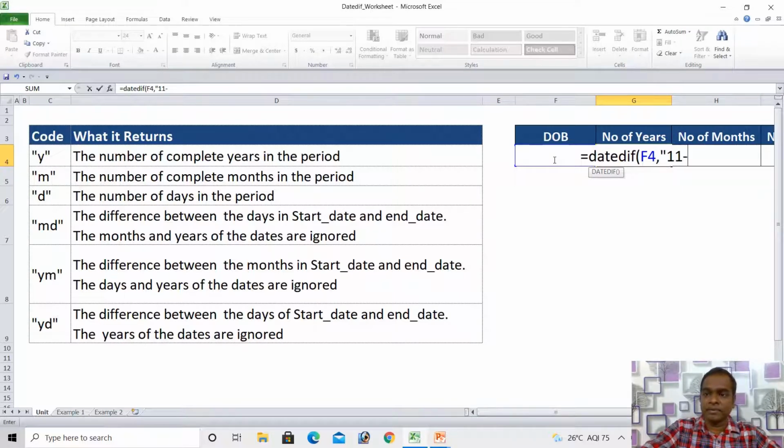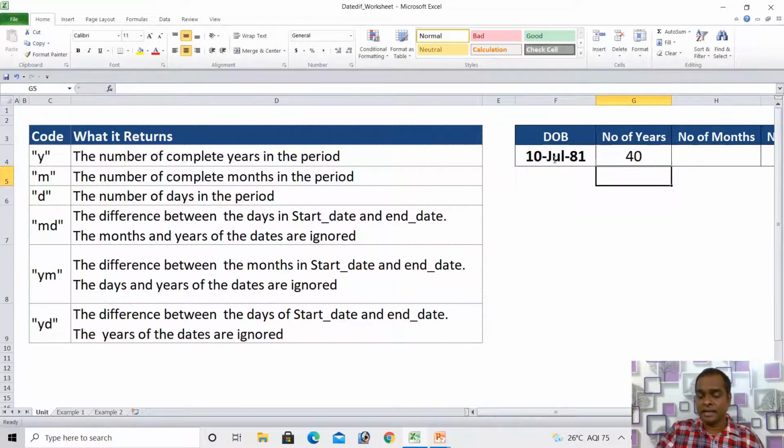Then comma, and my third argument: I am finding the number of years between these two dates. So to get the years, double quote and y, then close the double quote and close the parenthesis.